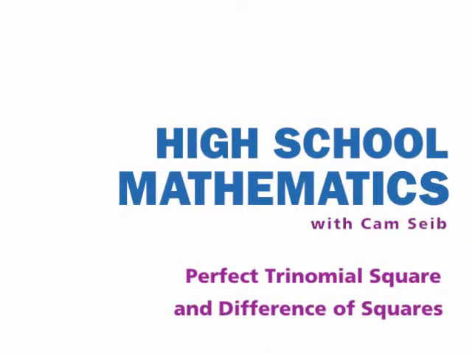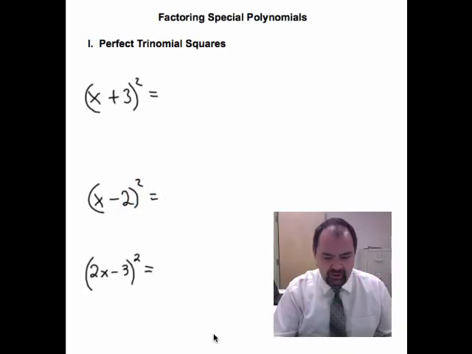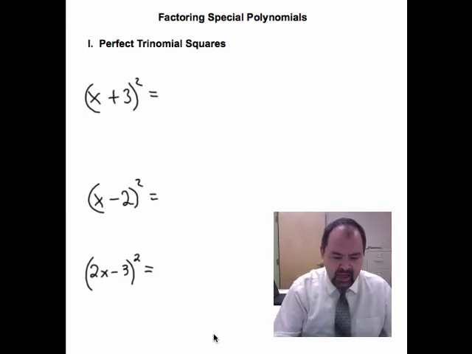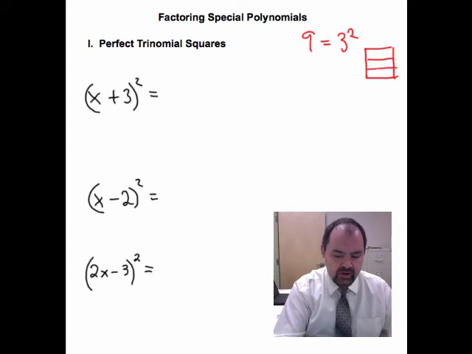Alright, today I want to talk about factoring some special polynomials, and all of the polynomials in these two categories have to do with the concept of squares. The first one is about perfect squares. Just in terms of numbers, you know that a perfect square, such as 9, is a number that can be written as 3 squared. And visually that can be thought of as a 3 by 3 square that has 9 little squares in it,